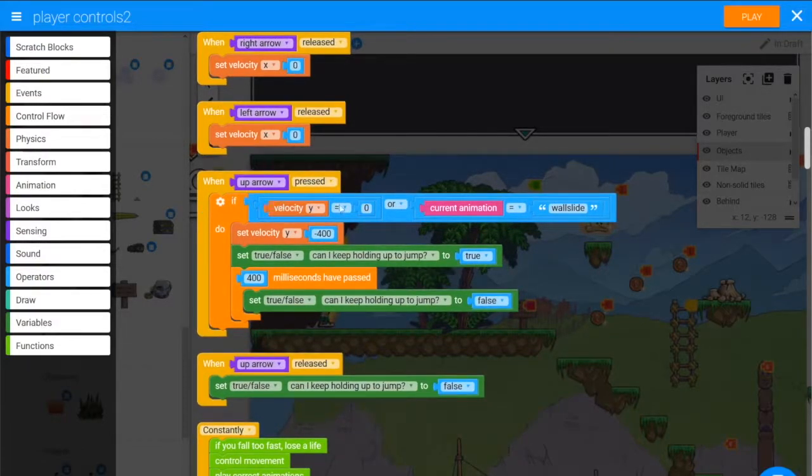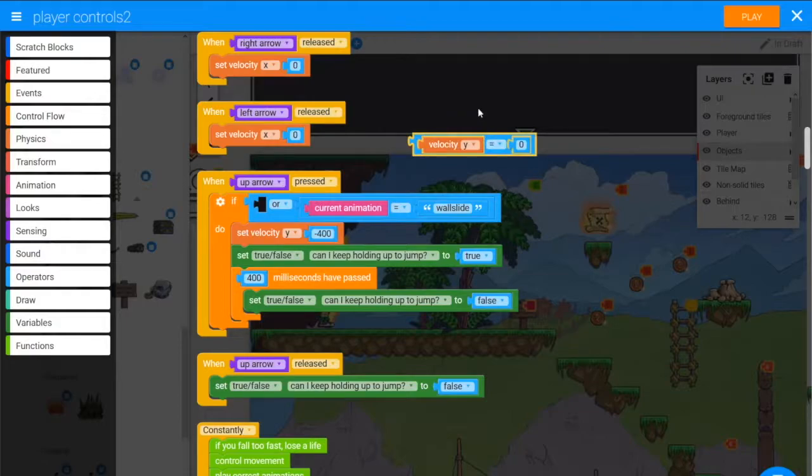So instead of checking if our Y velocity is 0, which as we're moving down and up and across on the circular moving platform, our Y velocity will actually be changing even though we're standing still on that platform. So this isn't really going to work out for us anymore, checking if Y velocity equals 0. Really what we want to do is check if we're standing on something, then we can jump, even if that thing's moving. So we won't check if Y velocity equals 0, we'll check if we're touching something on the bottom,